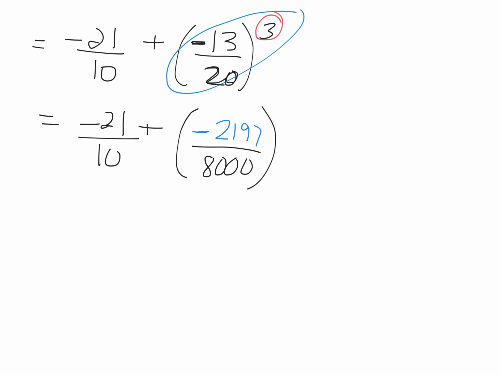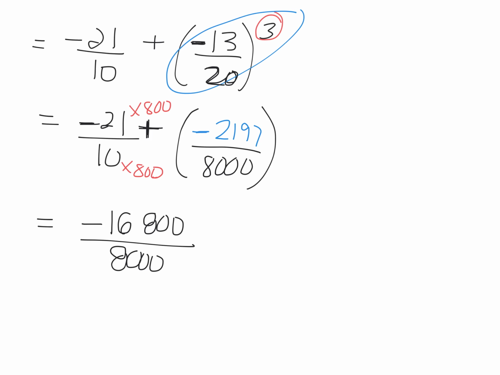What's the common denominator of 10 and 8,000? 8,000. So I need to multiply this by 800. Multiply this by 800. Because we're adding these two fractions together. Again, watch your signs. What's negative 21 times 800? Negative 16,800 over 8,000 plus, okay, I'm taking a negative and I'm adding a negative